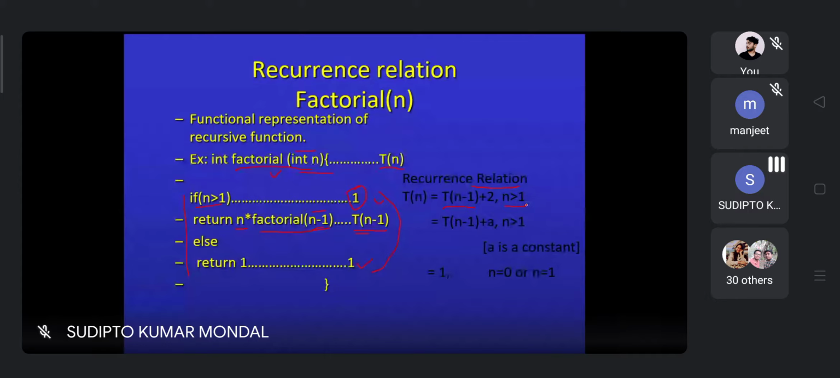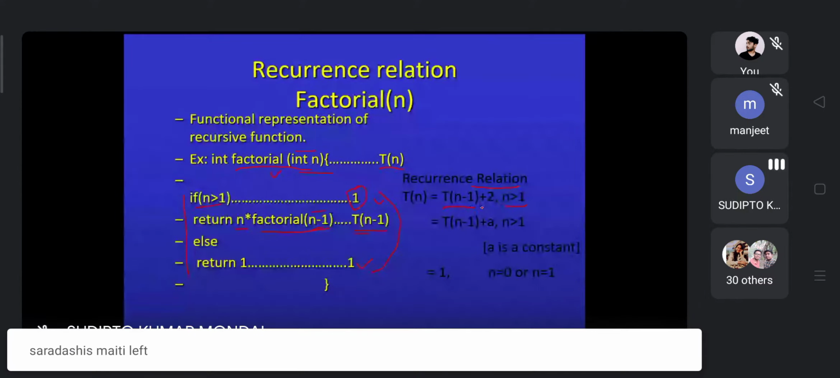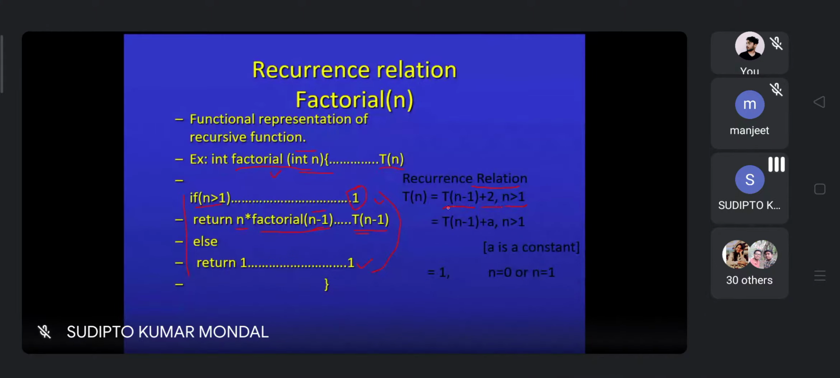And look at it carefully: T(n-1) + 2. Here is the expression where clearly it is indicating that the nth term is dependent on the (n-1)th term. Something like factorial 5 is dependent on factorial 4. So the recurrence relation objective is that,